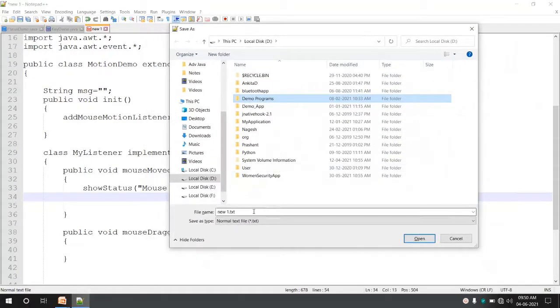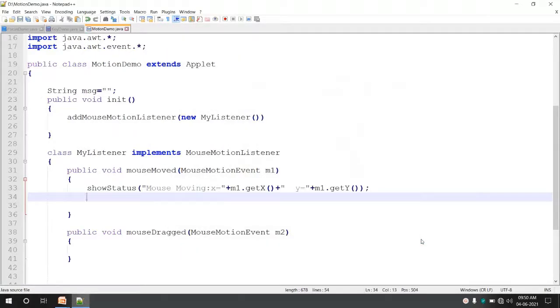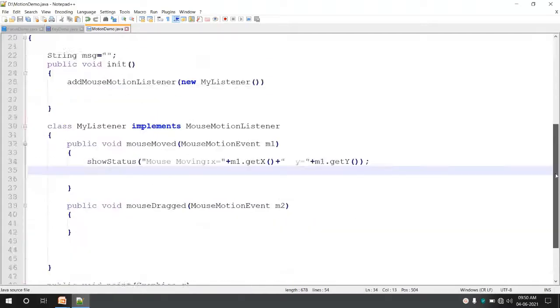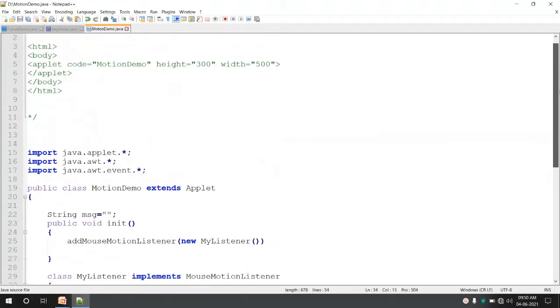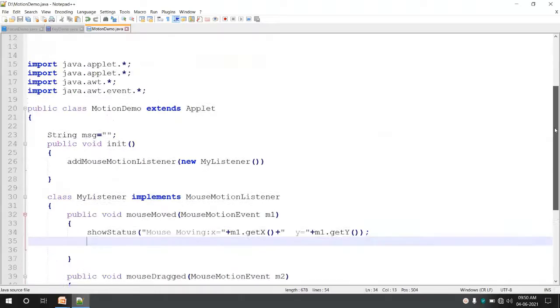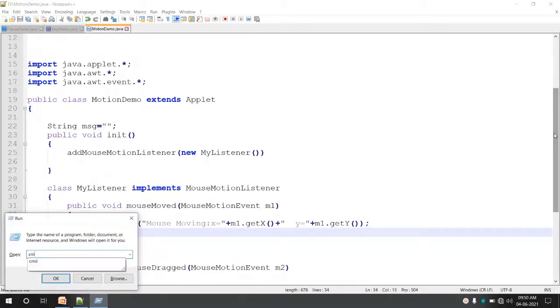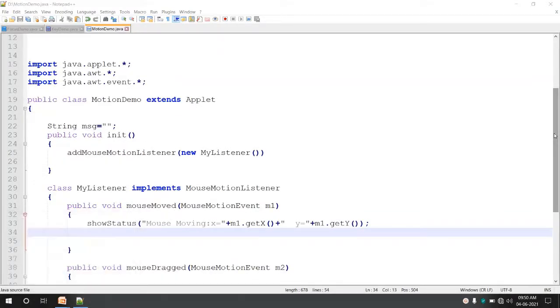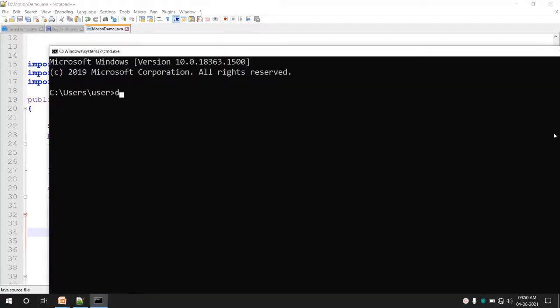So let us save this program. I'll save it with the name motion demo.java. Okay, the file is saved. Once it is saved, we can compile our program. To compile it, open CMD, then go to the location where you have saved your file,